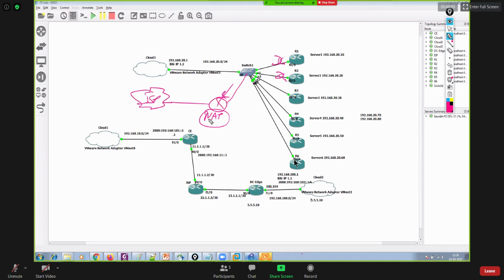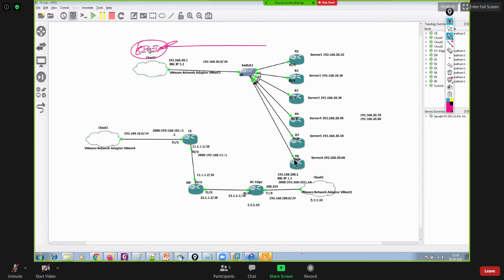But what if you do not have this router? What if you have only your BIG-IP? This time, this is your BIG-IP, which is also connected further with the internet. So is there any way to utilize this BIG-IP as a router and to route your internet traffic through the BIG-IP only?